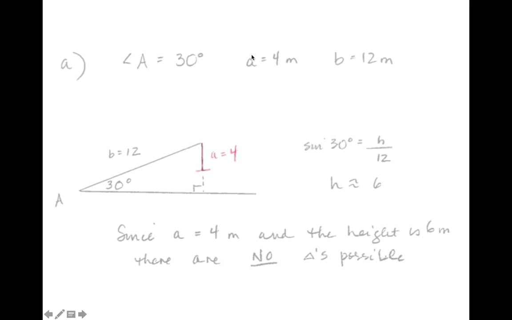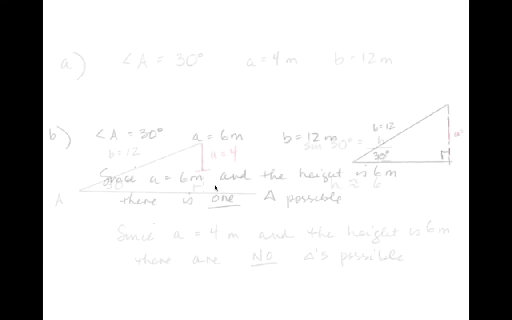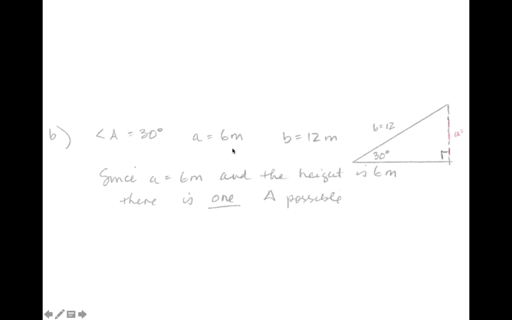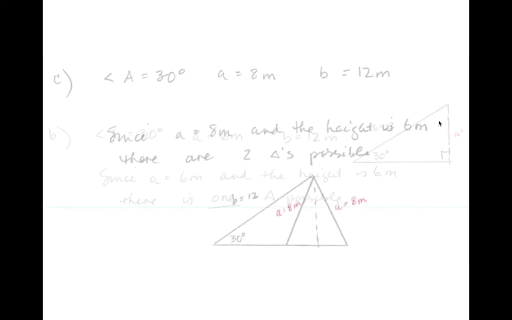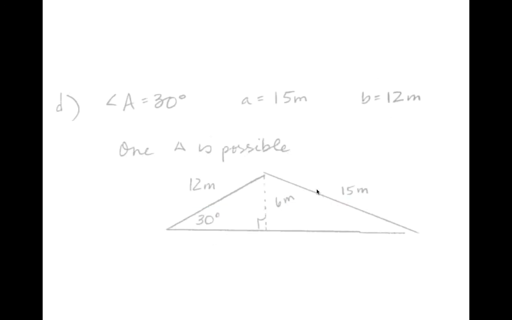Well, if A is 4 meters, then there is no triangle possible. If A is 6 meters, it's exactly the same as the height, then it creates one right triangle. If A is 8 meters, so now it's greater than the height, but it's smaller than the side called B, then that's the scenario where we have two possible triangles, one right here, this obtuse, and then this larger version. And lastly, if A is 15 meters, that means it's greater than the side called B,